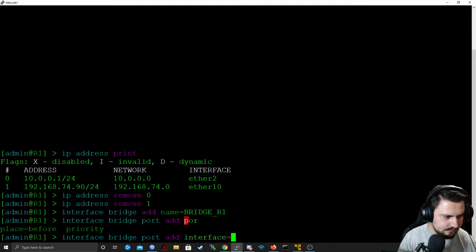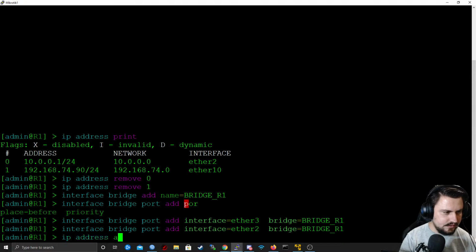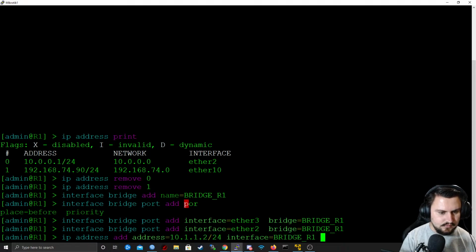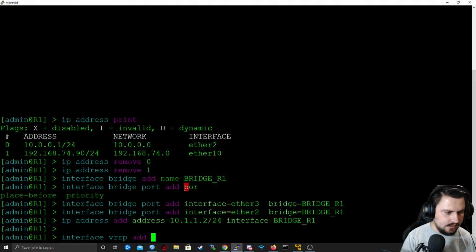Let's just try interface bridge port add interface Ether 3 bridge equals bridge R1 and Ether 2, and let's just add that IP address, which was 10.1.1.2/24 on bridge 1. Okay, and then what we want to do is just add the VRRP quickly. So interface VRRP add name VRRP R1 interface equals bridge 1